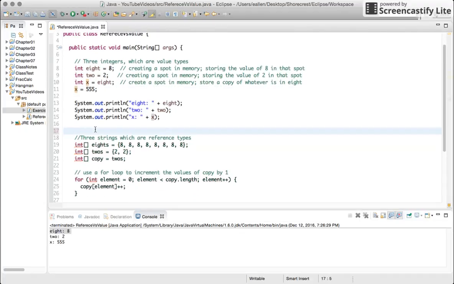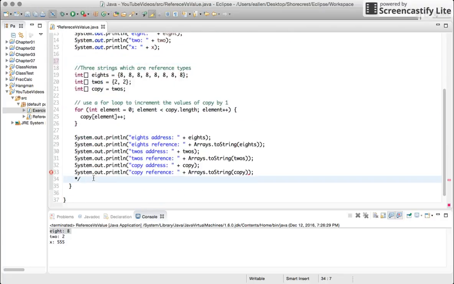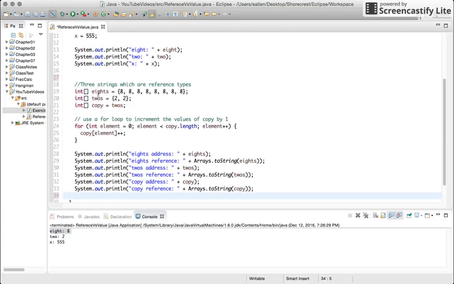So now, to contrast that, we'll talk about some reference types. And I'll just do an array of integers. This is an array of integers, and there's 2 things happening here. I'm in my memory. I am creating an array in the memory. Then I am also creating an address